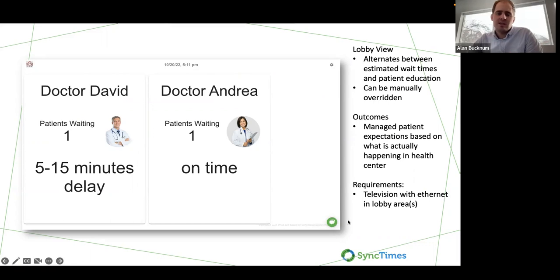It'll alternate between this view and some patient education that you can define. So you can add some slides to show the patients while they're in the lobby and give them some education about services that you offer, about providers that perhaps are new to your organization, as well as sharing some information about anything that you want from